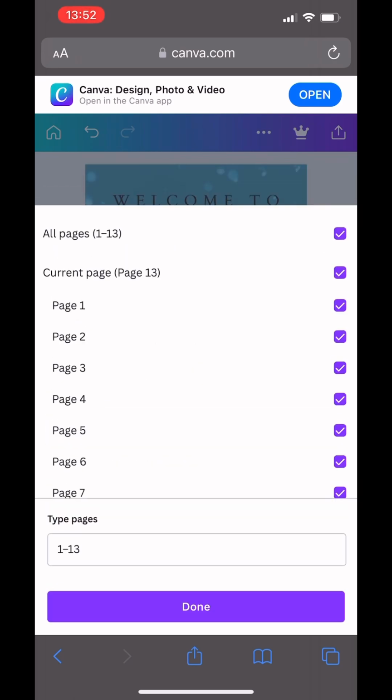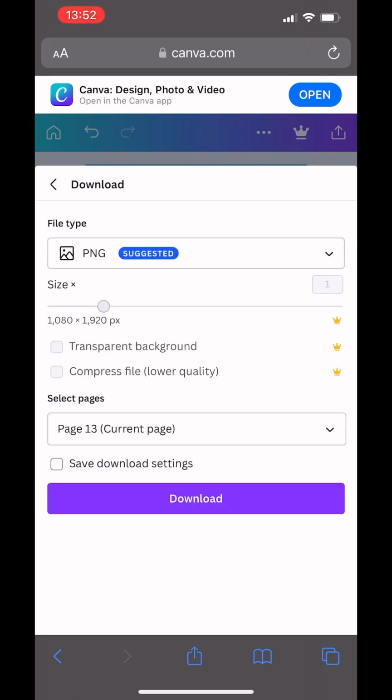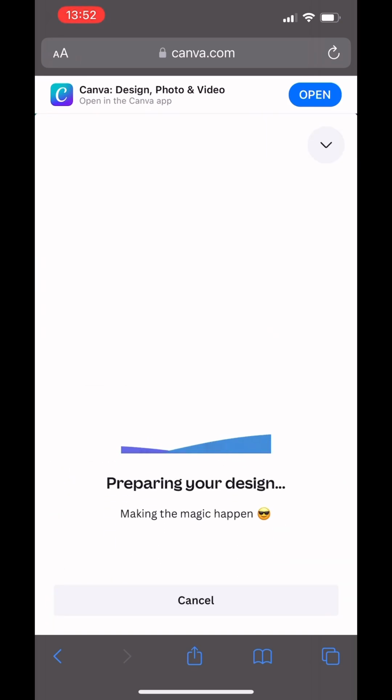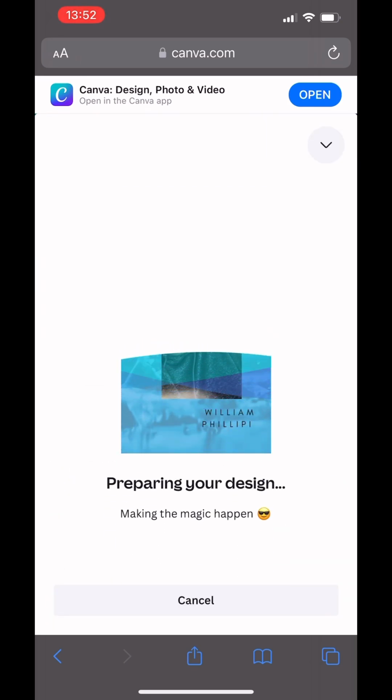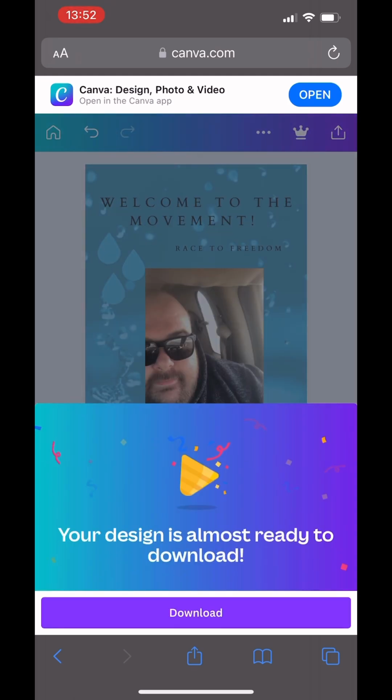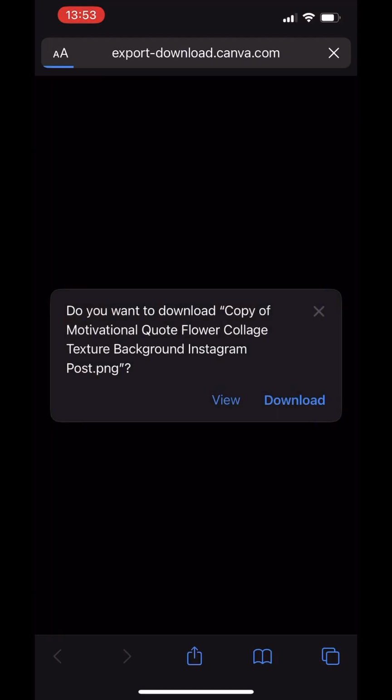And then instead of downloading all the pages, click on the pages, unselect all pages, and then select current page. And then download. So it will only download that one flyer of your distributor. Then click download again,